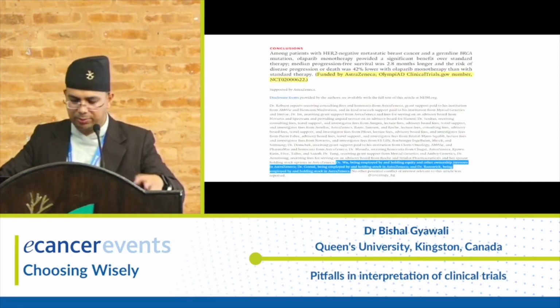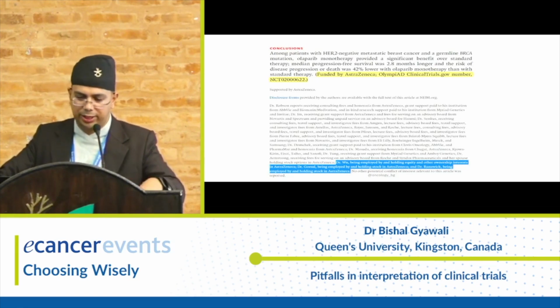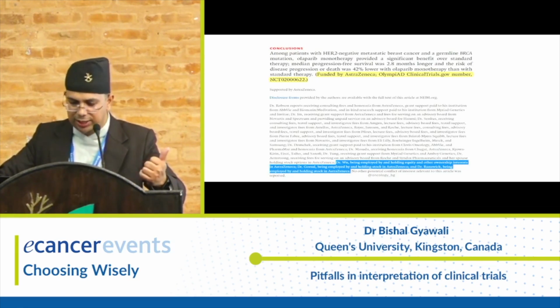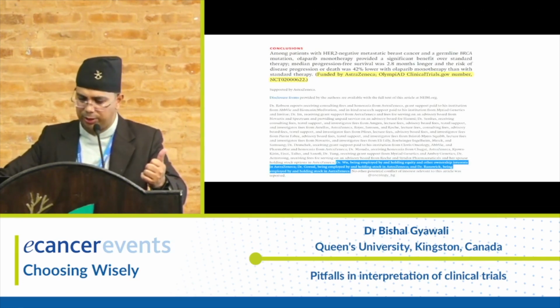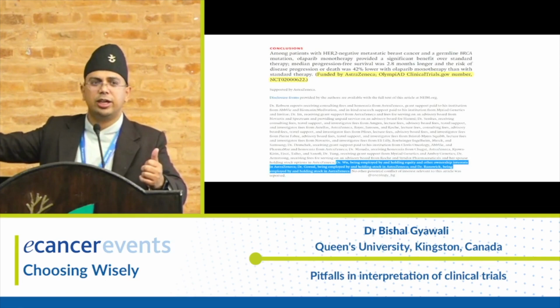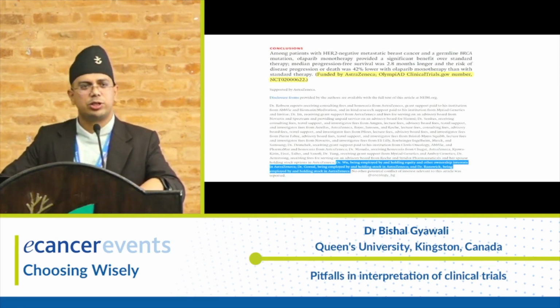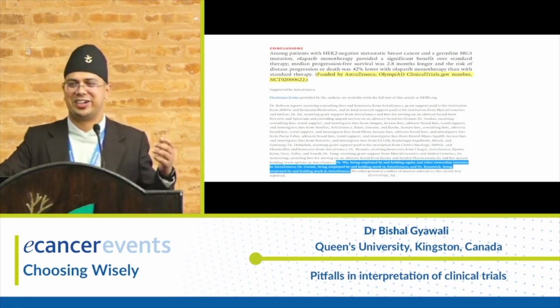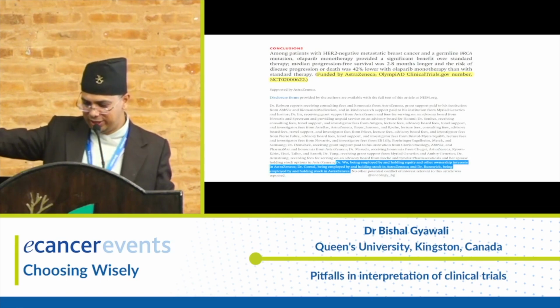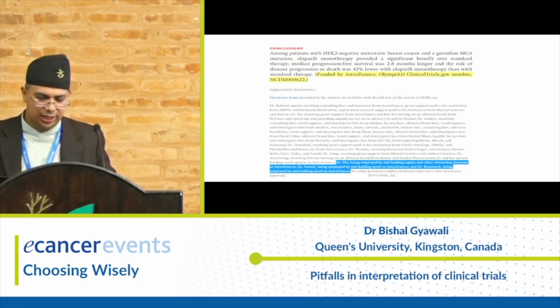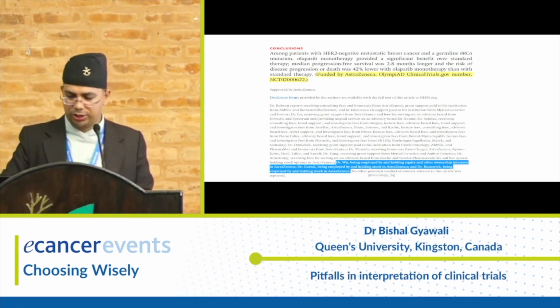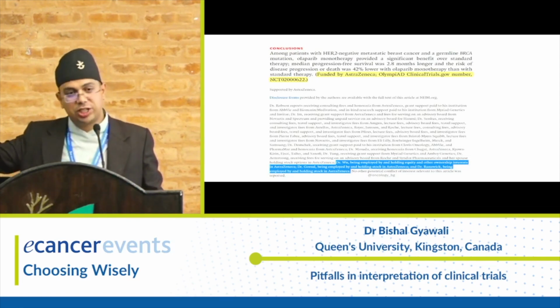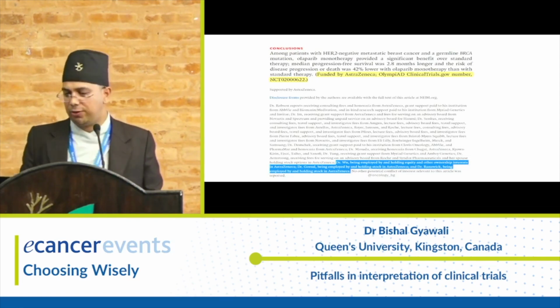Like this is another example, the olaparib trial. It was funded by the company, and you can also see the clinical trials number if you want to see details. But for conflicts of interest, you have to go towards the very end. It's weird. Sometimes the journals do not give conflict of interest with the abstract. So you have to actually pay for the full publication to see whether they are conflicted or not. Towards the end, you will see this, and as you can see, I have highlighted there. One of the authors was employed by the company. Someone has stocks in the company. So you should be mindful of all these things.